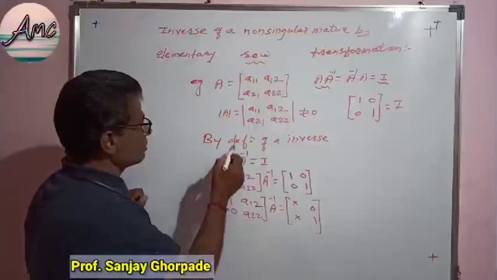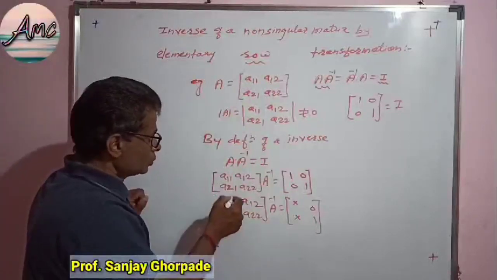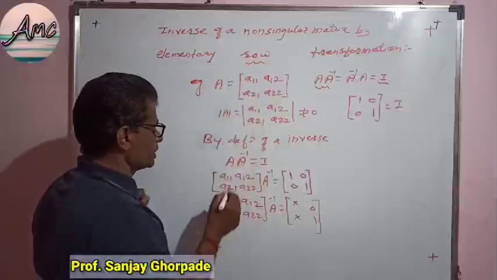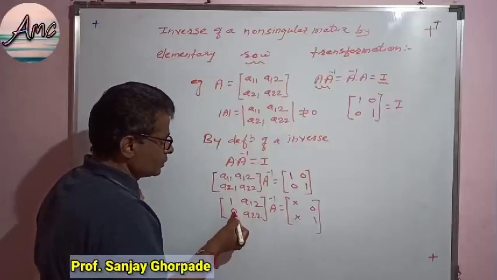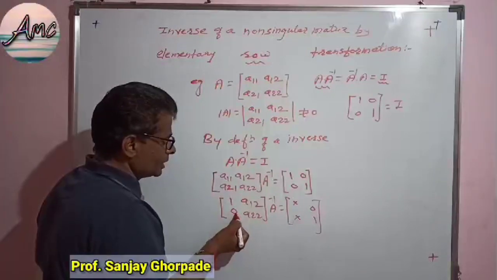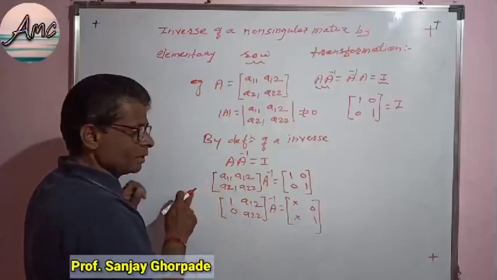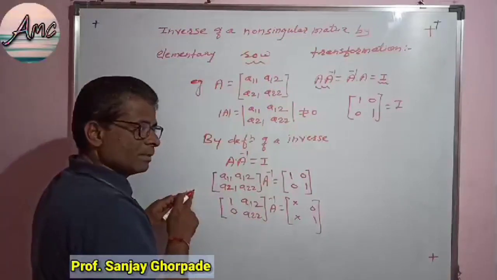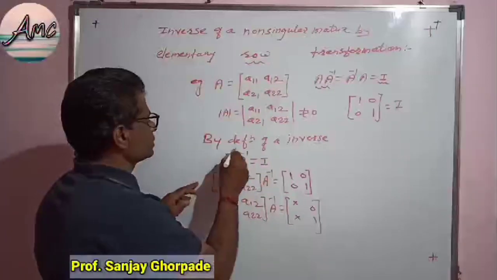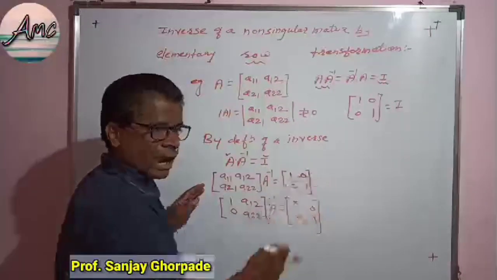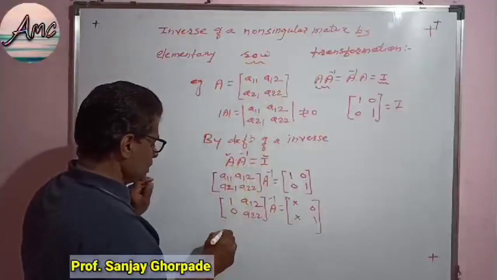First, we make the first column of the matrix as 1, 0. To make the first column of the given matrix as 1, 0, first we bring the number 1 here, and by using this number 1, we can bring the element 0 here. While applying the row transformation, simultaneously you have to apply the row transformation on the matrix A as well as the matrix I.